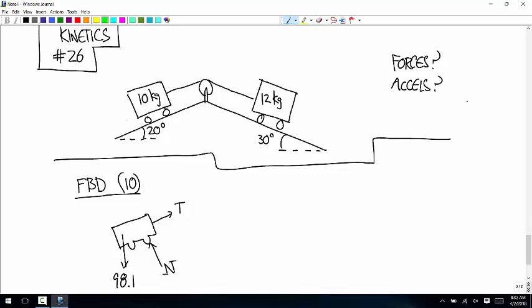So over here, our coordinate system is going to be like this. And for this one, it's going to be like